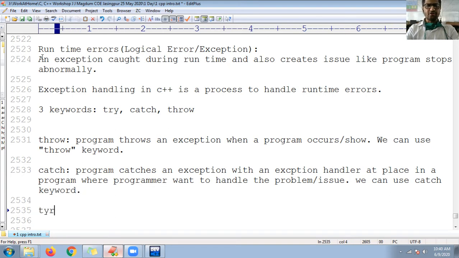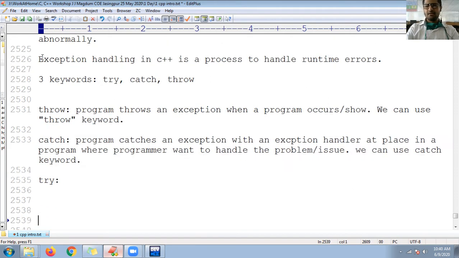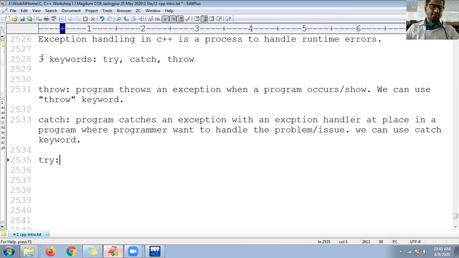And finally, let me go for the try keyword. What is the try keyword? Try is a block.